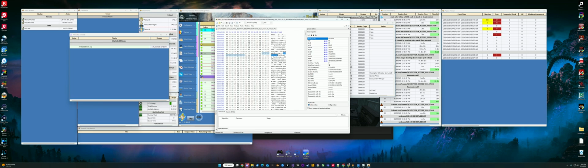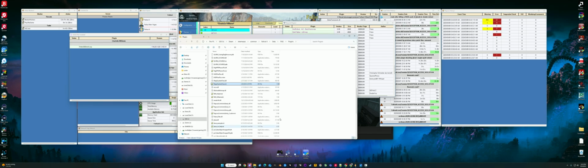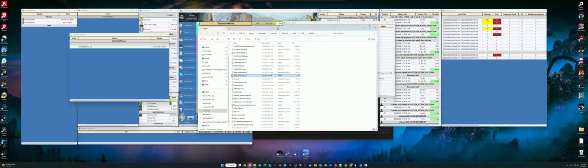That's a very, very brute force way of looking at data using a program like HexEdit. I could even load the file through a text editor. So if we go into